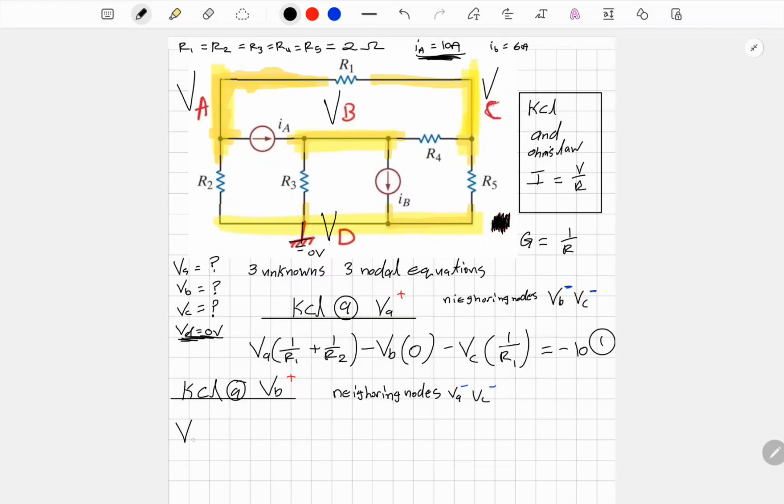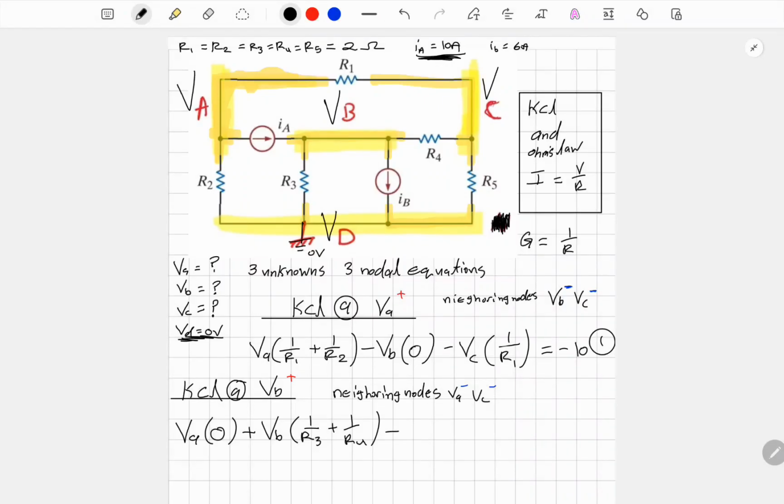So VA, and I'm going to be looking at VA. Are there any resistors connected to VA and VB? No, there's not. There are 0 resistors, so 0. And then plus VB, that is going to be positive, and multiplied by any resistors connected. Well, I have 2 resistors connected, R3 and R4. So that's going to be included. So 1 over R3 because of Ohm's law, plus 1 over R4,